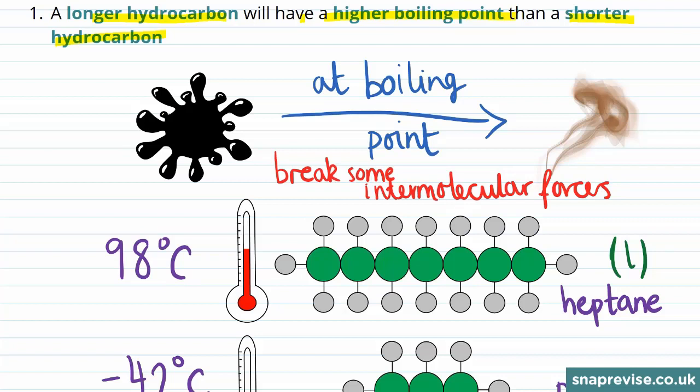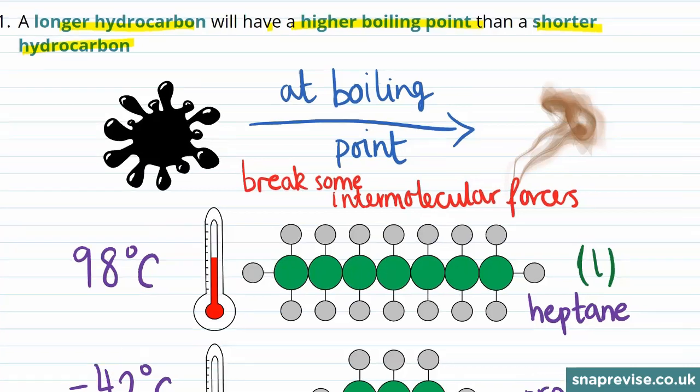So if more energy is required, the boiling temperature will be higher, as more heat energy needs to be put in order to break the intermolecular forces and cause the liquid to become a gas. Therefore, it follows directly from the fact that longer hydrocarbon chains have larger intermolecular forces between them, that they have a higher boiling point. It's easier to overcome the intermolecular forces that are holding shorter chain molecules together, and they'll boil at a lower